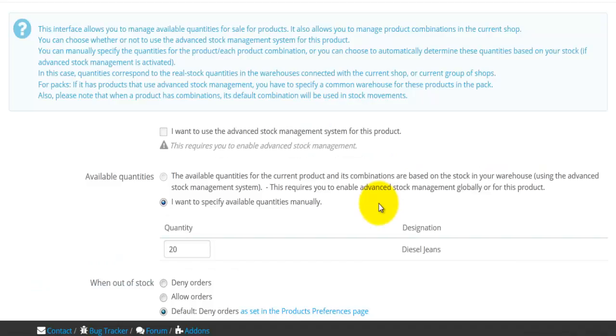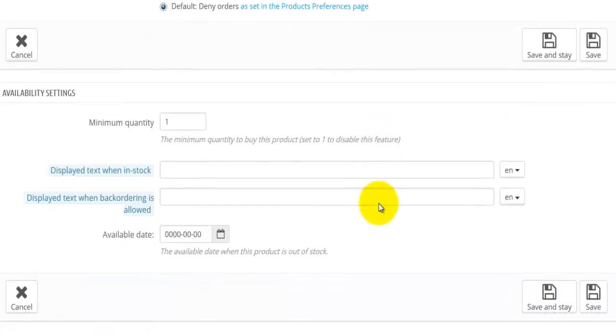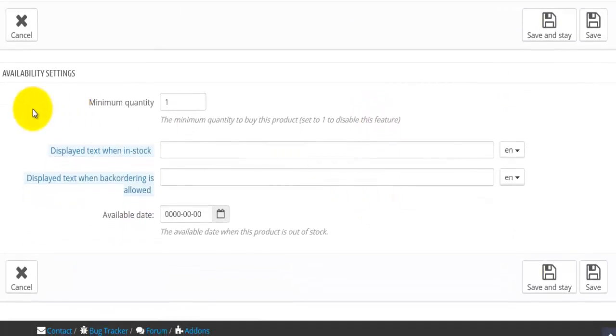We're still on the same page, so this is the quantities. I'm going to move a bit more down. It comes to the availability settings here. So basically minimum quantity, I'm going to say 1. Okay, so there's the text to be displayed when those jeans are in stock. So I can add some information here, like we do have these beautiful jeans in our store, and basically I can enter some